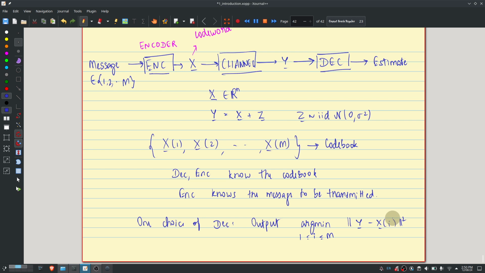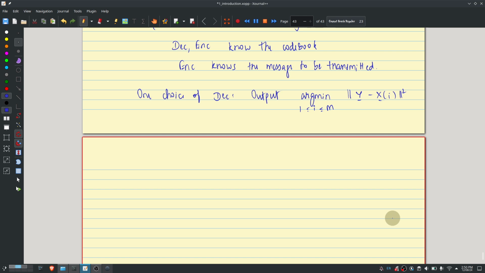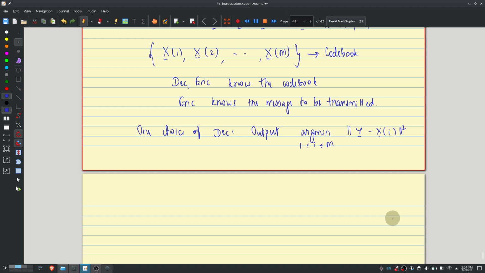All right. So right now what we'll do is we'll try to analyze the performance of this minimum distance decoder. We'll first try to analyze the performance of a minimum distance decoder, and then we'll try to think of how we can possibly come up with code design. Right? What is a good way of, how do you decide whether a code is good or not? Okay. So is the setup clear?